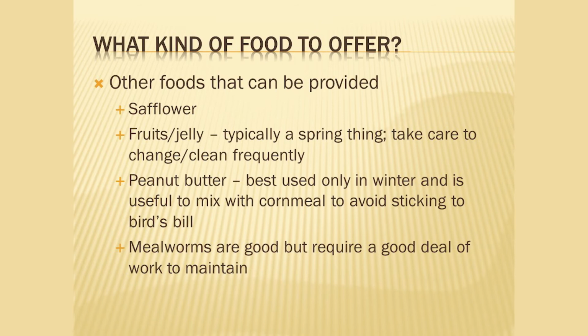Peanut butter is also best only in the winter, simply to avoid problems with it sticking to the bill. You can mix it with cornmeal to make it a little bit easier for the birds to handle. And mealworms, if you're really into that, you can use them on a platform, and you need to pay attention to that. Maintain those. So with all these different types of bird foods out there, cleaning is important, as I've